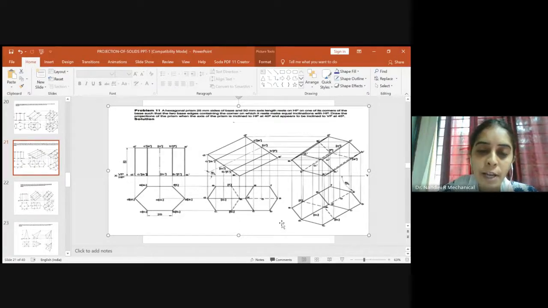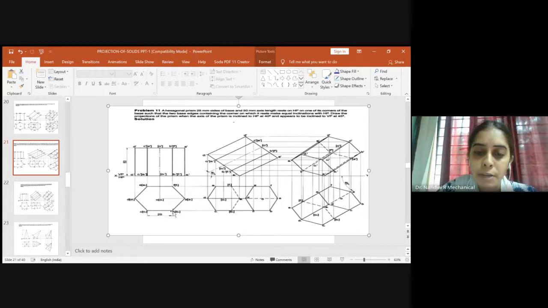So once that is done, you read the locus. So here you have the locus of A. First we are giving the name for the bottom surface. So here you have A1. The locus of A1 is coming here and A1 dash. So the locus of A1 and A1 dash is meeting at this point. So this will be our A1. And then you have the locus of B1 and B1 dash meeting at this point. So this will be our B1.